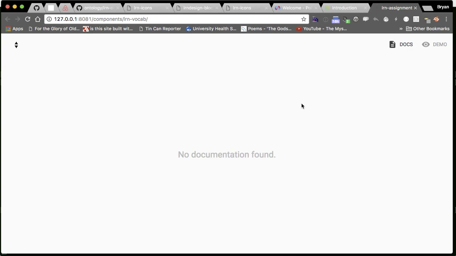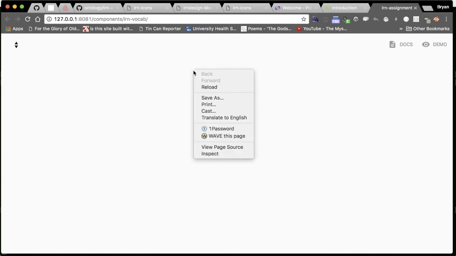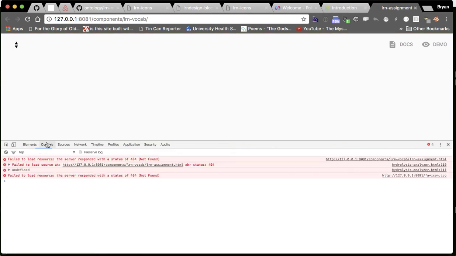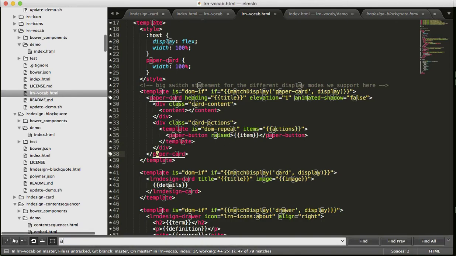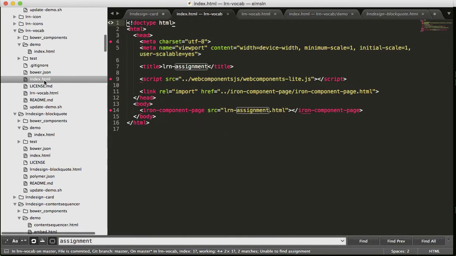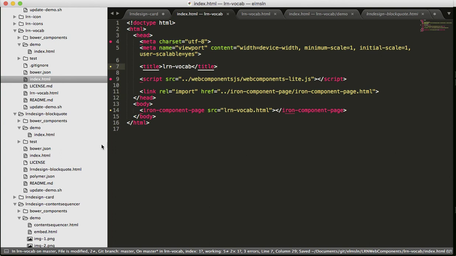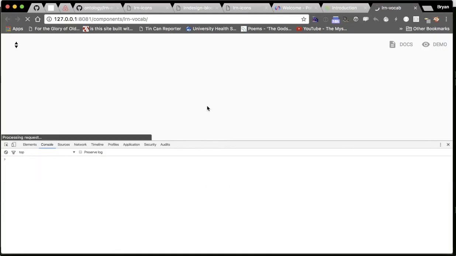and that will force my browser to open, and we'll see no documentation found at the moment, which probably means there's an error. So this is another nice way you can do some debugging before you ever push this up anywhere. I can look in the console, and we can see there's a reference to LRN-vocab-LRN assignment. So I have a reference still to assignment somewhere that it shouldn't be, and I'm pretty sure, yep, if I look in the index, it's probably going to be there. This is only because I'm converting it from an existing design pattern I used. But we're going to save that, and then refresh this page,